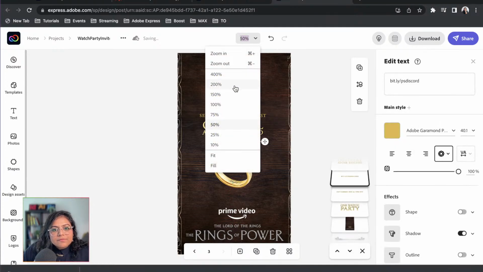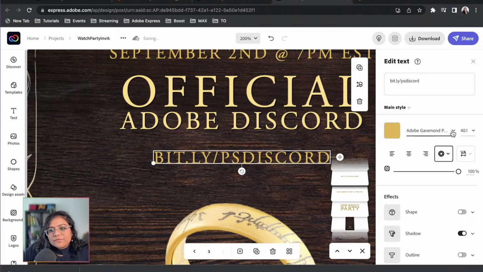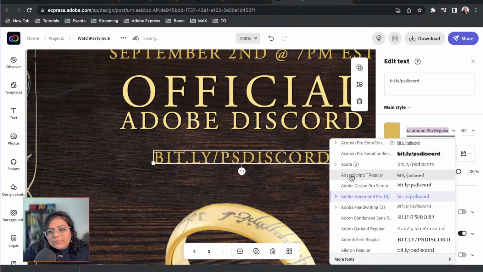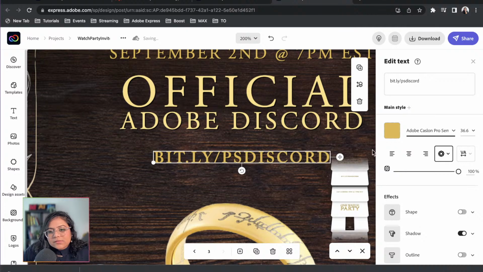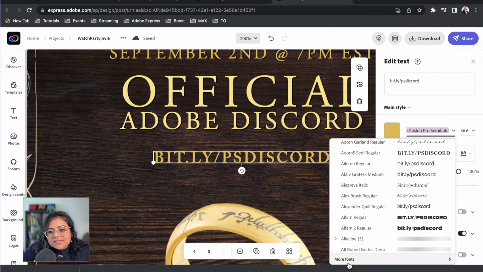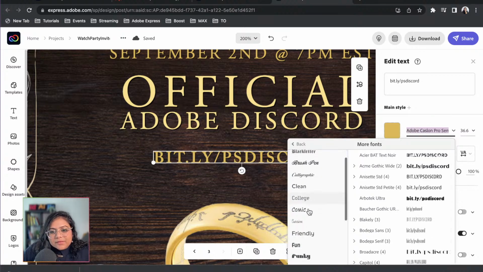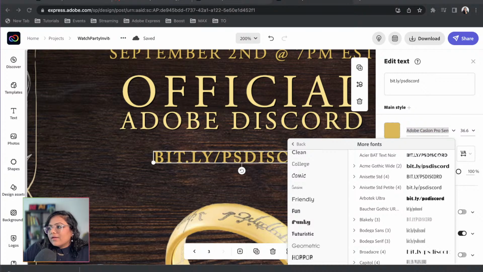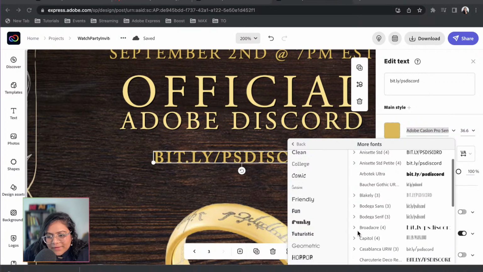I think I want to use another font for this because it doesn't really show you. Let's see if we can change the font here. Maybe I want something like this. And then let's actually pick another serif font because I feel like this one only has uppercase letters and we don't really want that. And yeah, bring the popcorn. Don't forget to bring the popcorn.